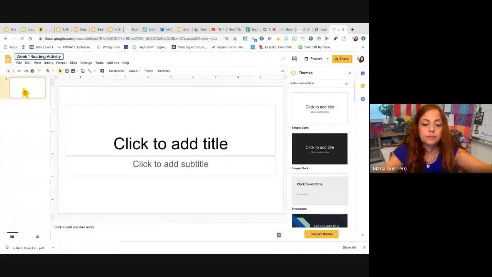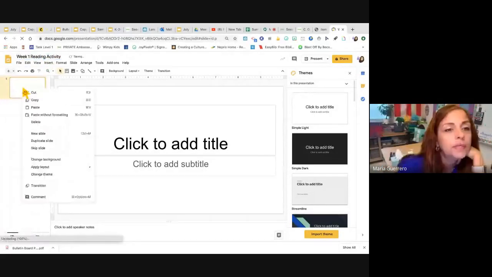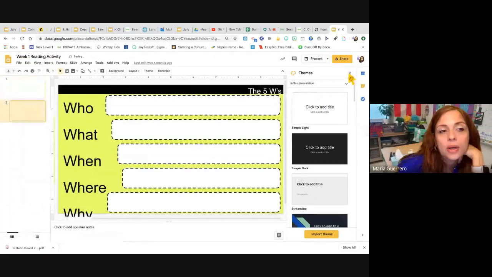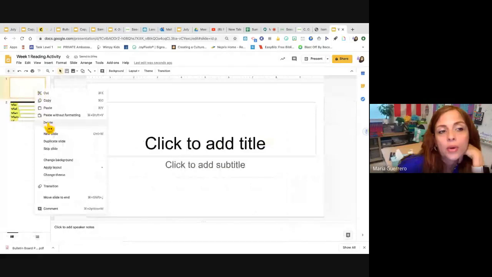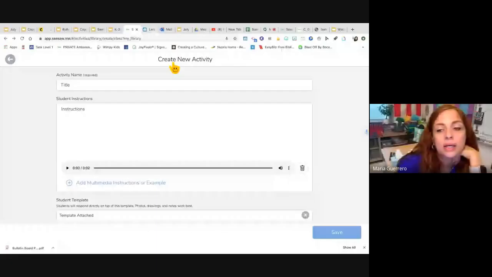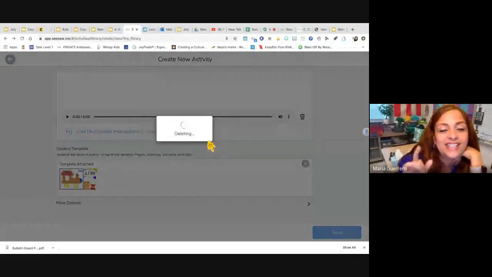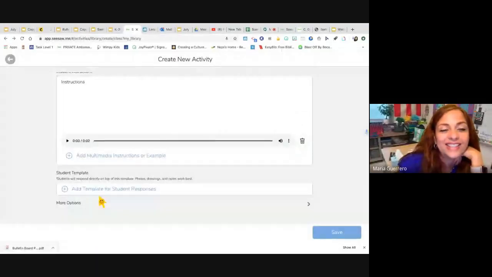And I'm just gonna paste it on here. And there it is. I can delete this one, or I can keep copy pasting however many I want. But if you just want one at a time, now this is week 1 reading activity. I'm gonna be in Seesaw, and I close this one. I finally did it, but I closed this one and attached that other one that I just did for template